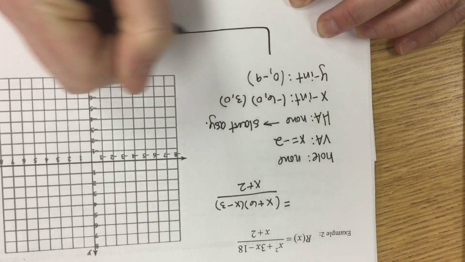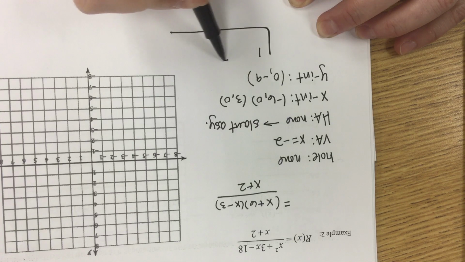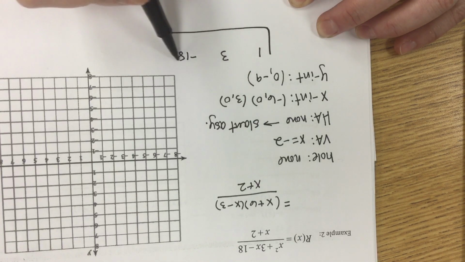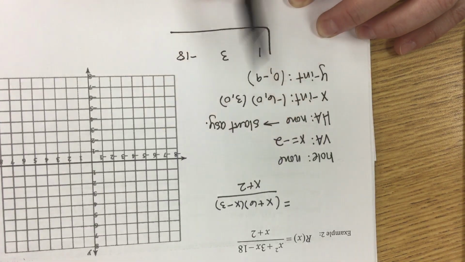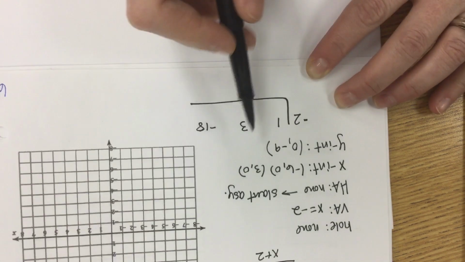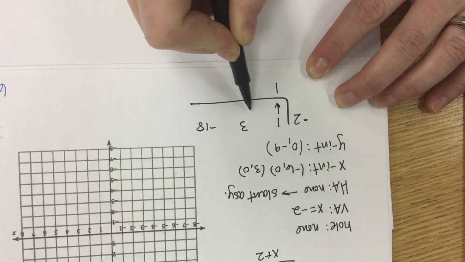So when I go to do this division, remember we line up the coefficients. So I have 1, 3, and -18. And then I'm dividing by x + 2, so here I'm going to put the 0 that goes with that, which is the -2. So as I go through this process, I drop my 1, multiply,